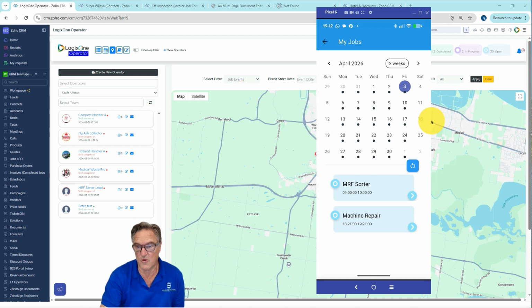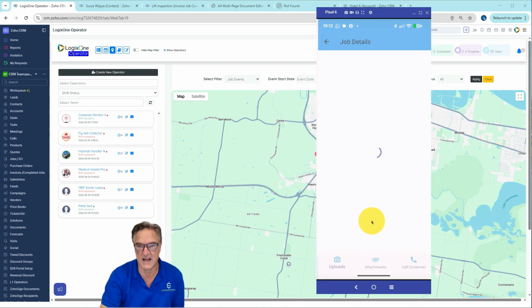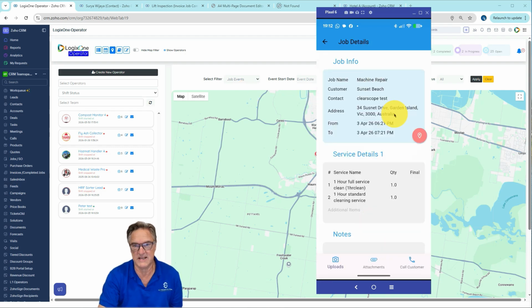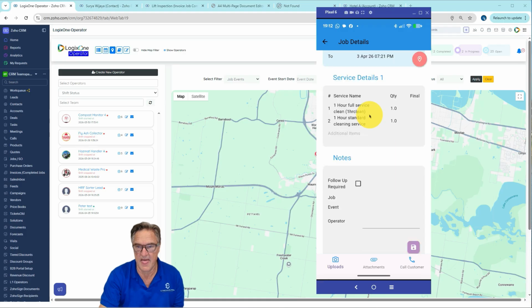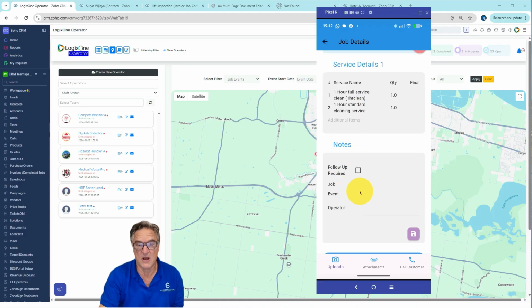What the operator can do now is click that job, open it up and get their details. So at the top, we've got the job name, the customer, the contact, the address, the job event date, and the time from and time to. All those service details that were requested here are all here. Any notes that we have sent from the back end will show here,